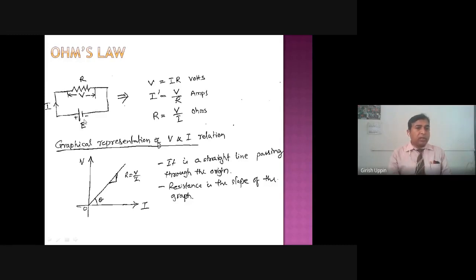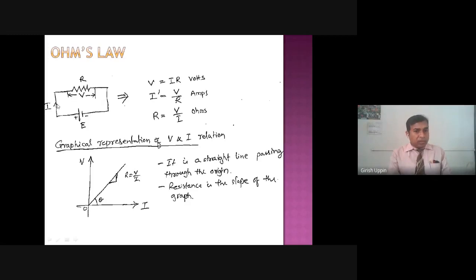Here you can see these are conductors. Whenever you see these wires, you can assume those are conductors, and for all practical purposes we assume that these do not have any kind of resistance. The only resistance is this one, the resistor. So whatever voltage you have applied, everything gets applied across the resistor. Here you can say E is equal to V. It is just a representation. V is the voltage across the resistor.